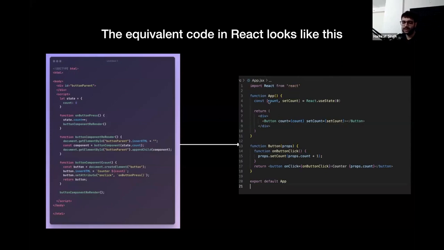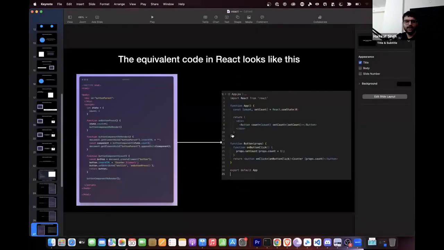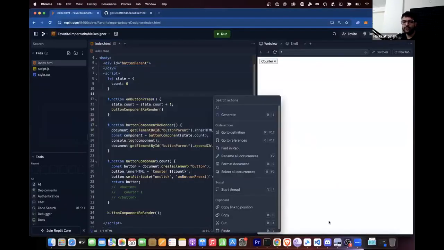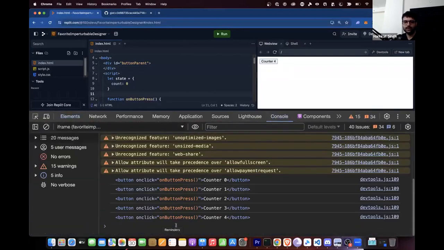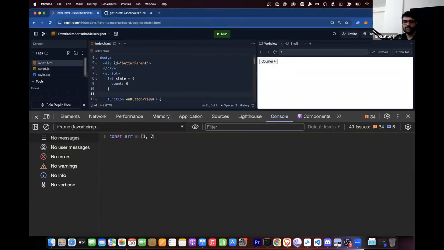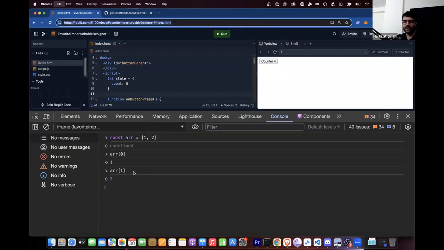Now you might ask, Harkirat, what is this syntax? First time I'm seeing this. This is what's called array destructuring, probably. It's basically if you have an array that looks like this, const arr equal to [1, 2]. I can do arr[0] to get the first element, arr[1] to get the second element, or I can do